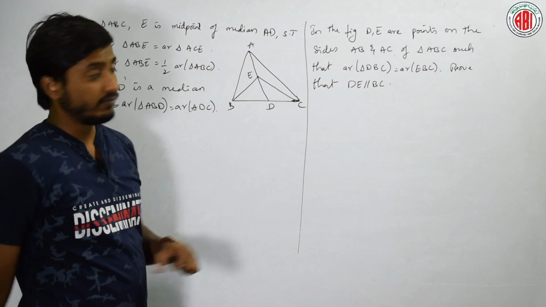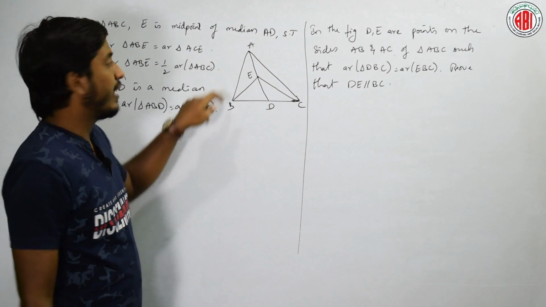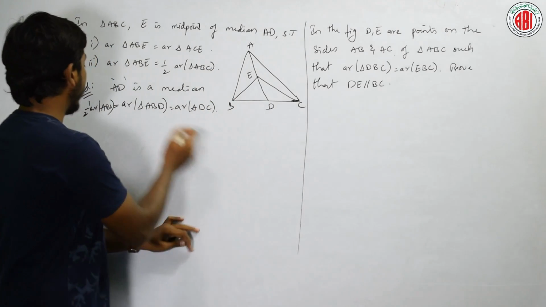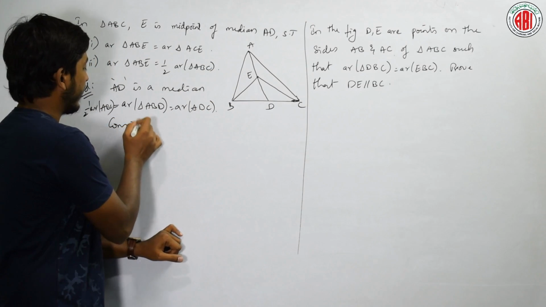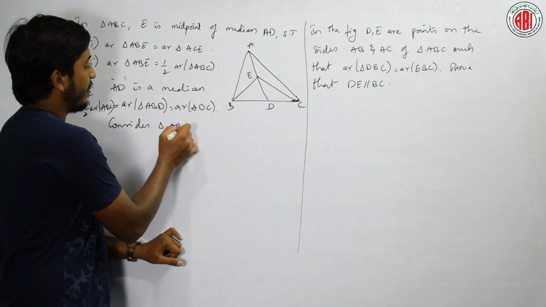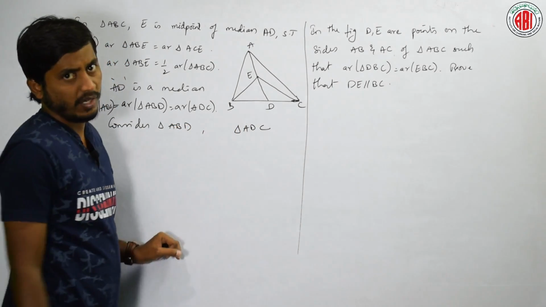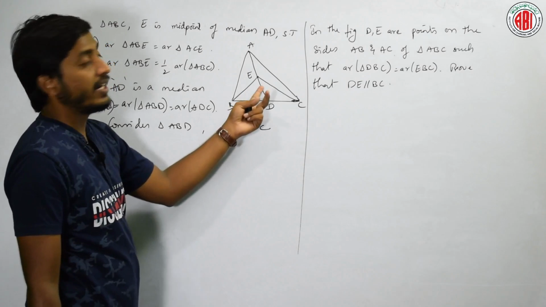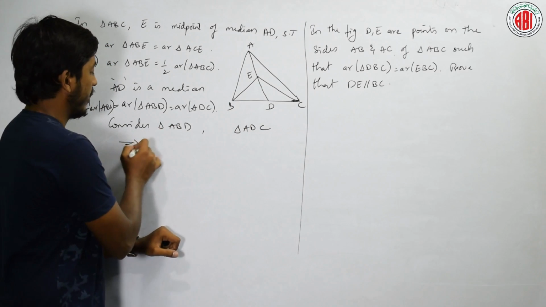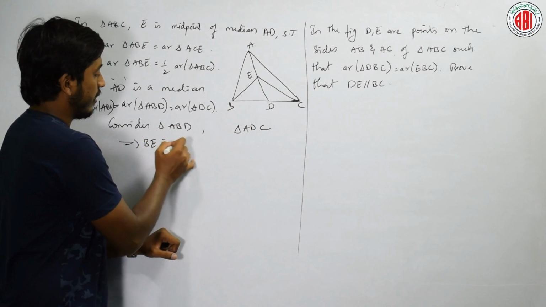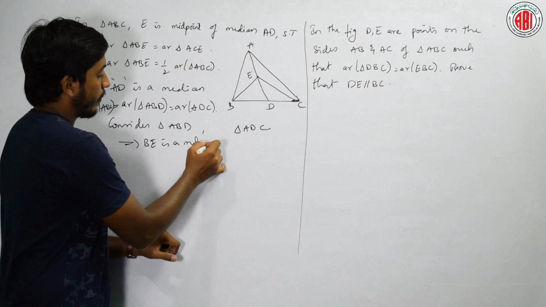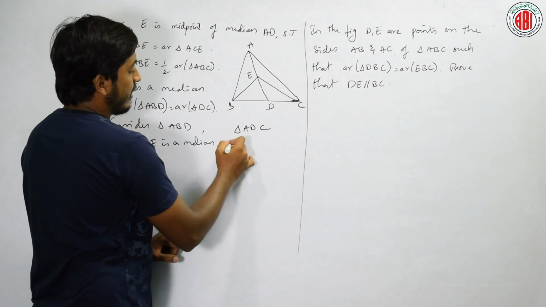Clear? Can you remember? Similarly, let us consider triangle ABD and triangle ADC. Okay. Here BE is a median, okay. Here BE is a median and here EC is a median,